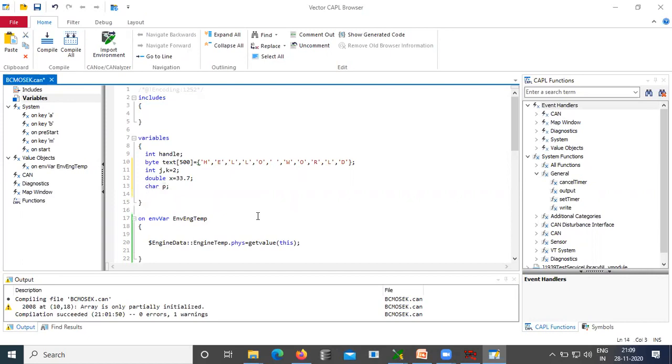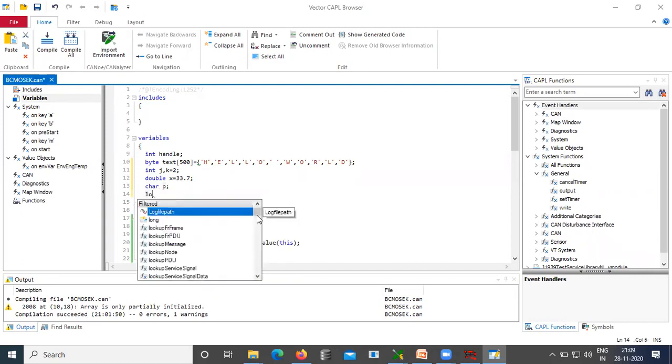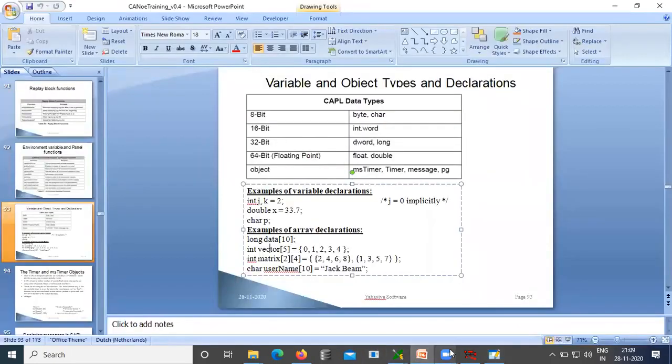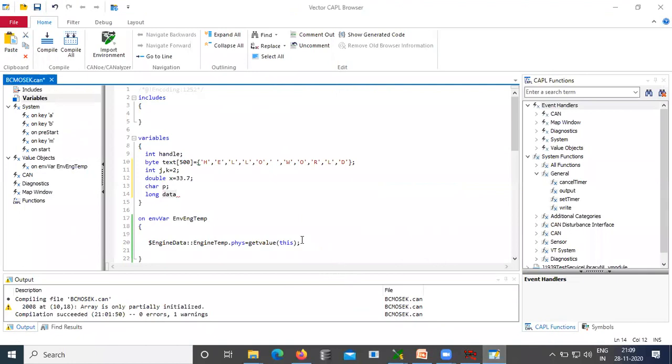Then a one dimensional array, long data of 10. If I declare it like this, all 10 elements will be initialized with 0.